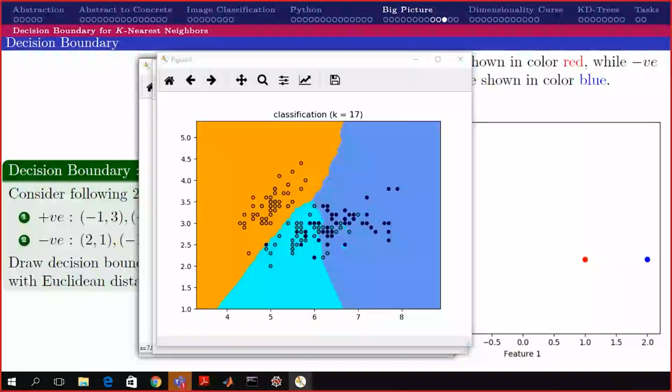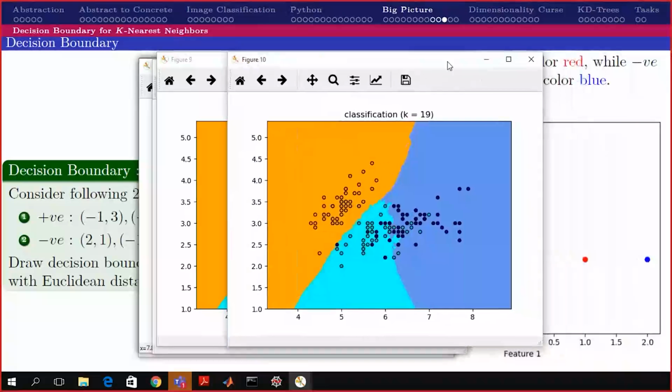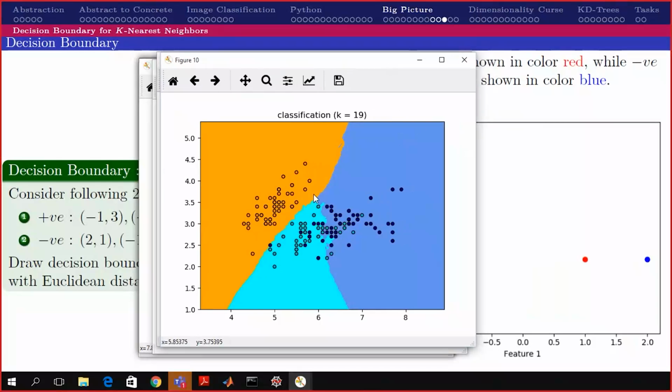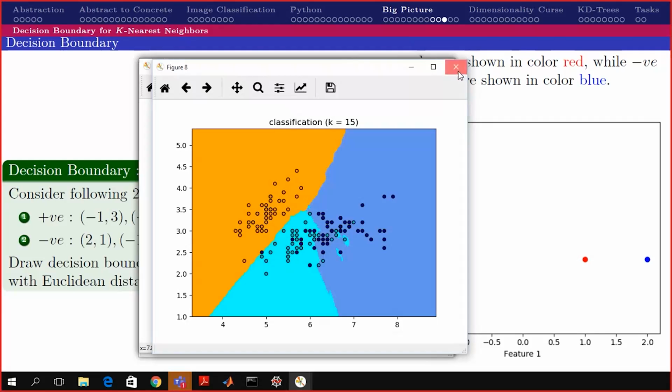Right sir. From a stricter classifier, we moved toward a more unrestricted kind of class. At k equal to 19, your boundaries have become very smooth, but there are a lot of misclassifications, right? So this is like a hyperparameter and you have to see according to the problem in your hand what is the right k. Depending on the data set, the value of k will change